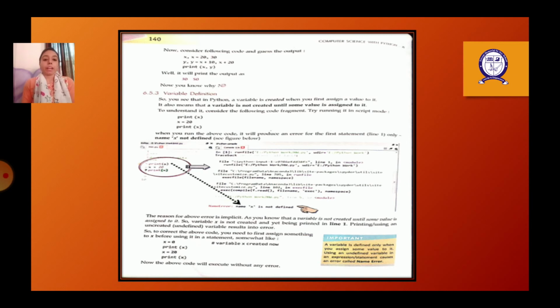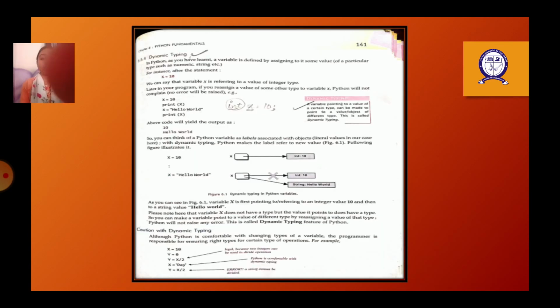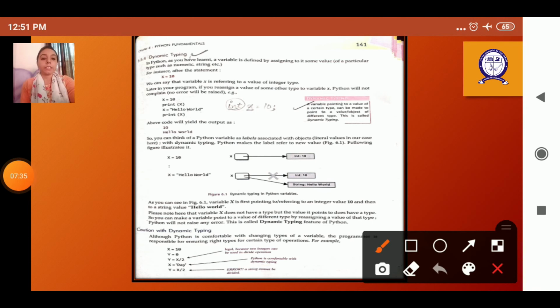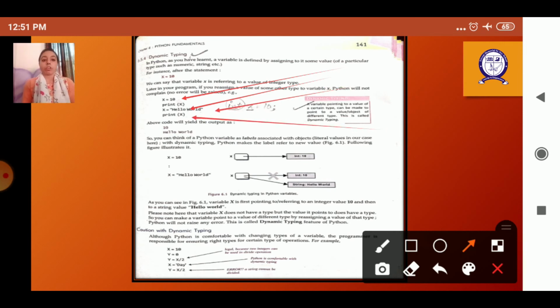And after that, below the print statement, if I write x equals to hello as a string and then I say print x, what does that mean? Earlier the value of x was 10 and now the value of x has become hello. So now the new value will be printed as the old value will be replaced. Here it is x equals to 10, print x. So the output will be 10. Here it is x equals to hello world, then print x. So now the value of x has changed, it has become a string variable, hello world. So the 10 will be replaced by the string hello world.